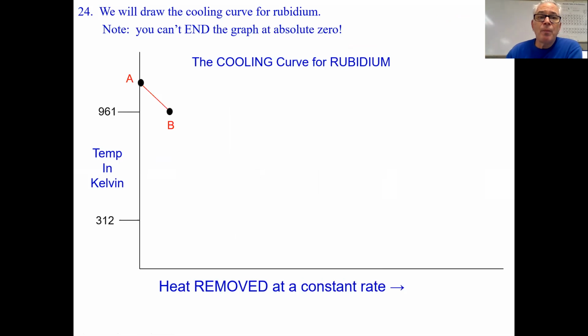here we go. We start out above the boiling point. We have the boiling point, 961. We start out above at point A, and see at the bottom, it's fixed. Look at that magic. Heat is being removed at a constant rate. So as we're removing heat, the gas rubidium is cooling down, and it will get colder and colder and colder